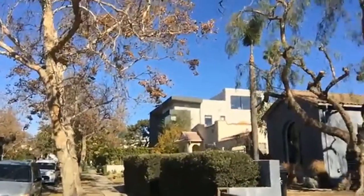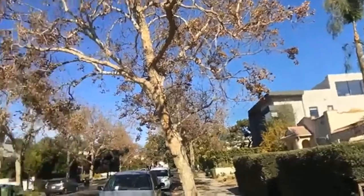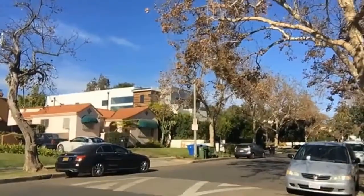So you can see just 2 homes down, there is another modern home. And then even across the street, there is another modern home. And so these homes have very similar feels. And so I wanted to be able to show you some examples of some of the differences. So let's take a walk through of this gorgeous new construction home at about $4.9 million at 609 North